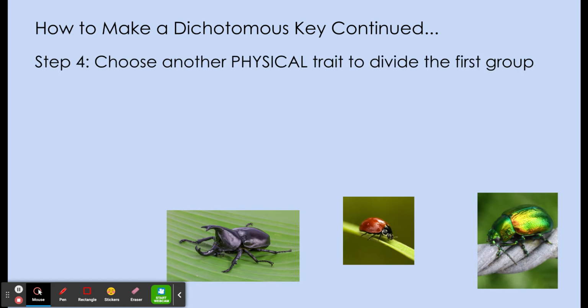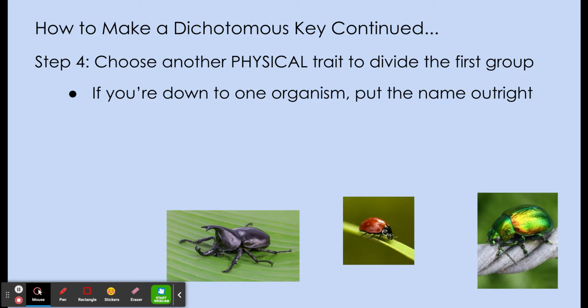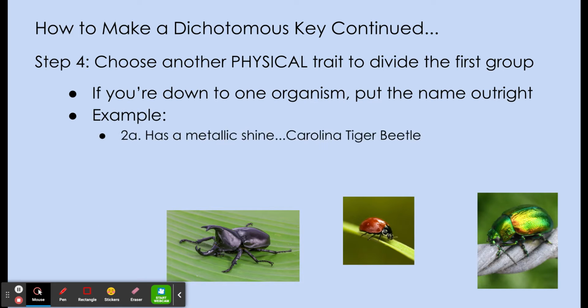After I have created that first set of statements that will group my organisms into 2 separate categories, step 4 is to choose another physical trait to divide that very first group. So the first group that I had that I said has 6 legs, this is what my step 2 is going to be. If you're down to one organism, you can put that name outright. So if I only have one organism left, that's the name of the organism. For example, if 2A has a metallic shine. So if you look at the